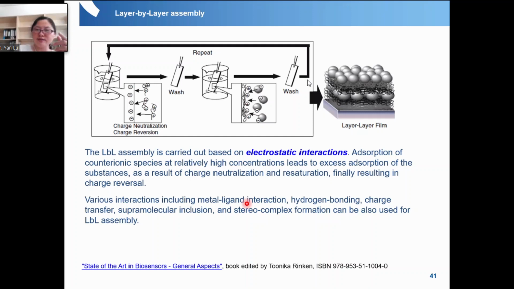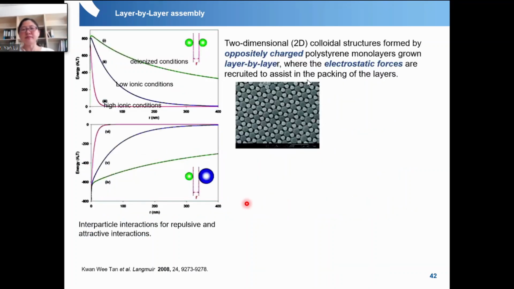But of course, here you also see it's not so straightforward. You do need to treat the system very carefully, and it's time consuming because you need to make different depositions. So that's why this is often a lab method, and for industry application it's too complicated. Anyhow, for lab experiments this is a good method, especially if you want to study the interaction of different charged